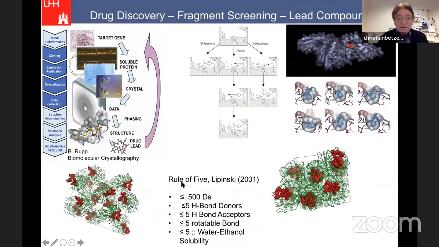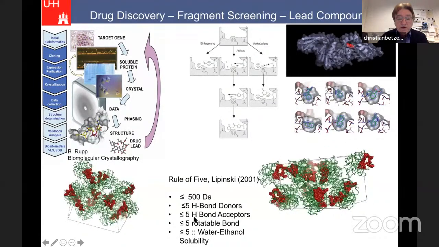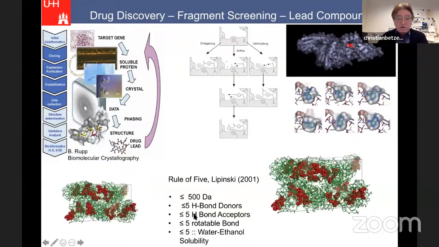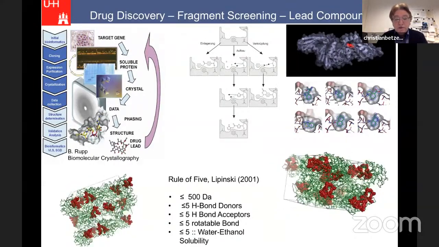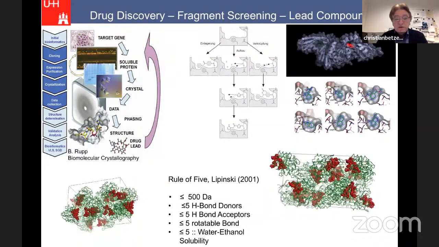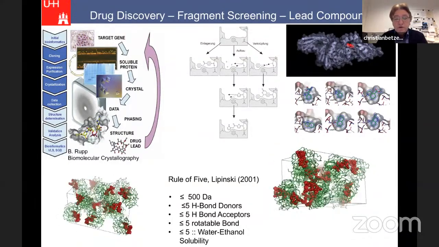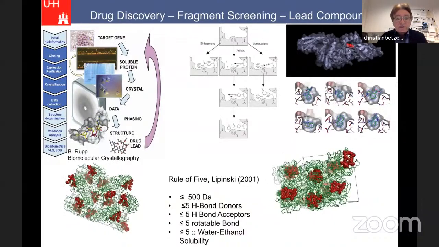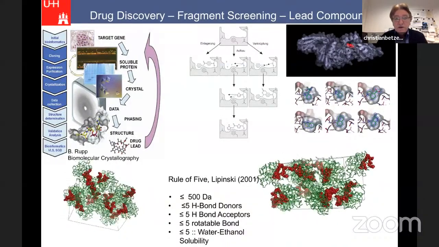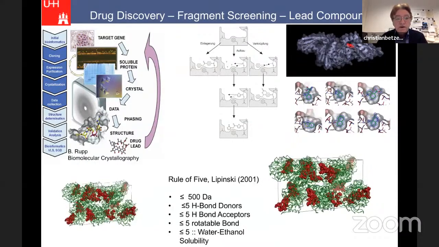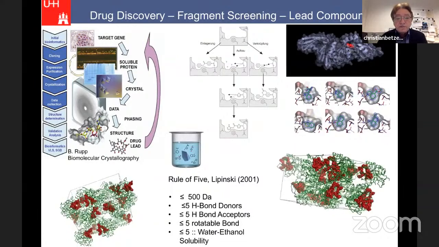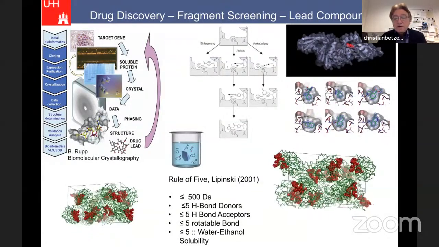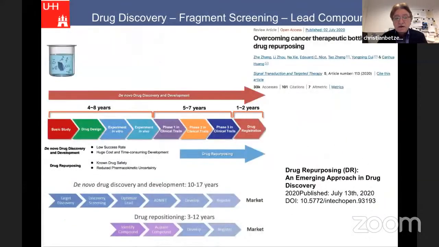And we follow these days the rule of Lipinski, just shown here. You need a short number of, for the beginning, H-bond donors, acceptors, and rotatable bonds. And for me and others, most important, the compounds should be as water soluble as possible. And this is certainly a limiting case. Many drugs need DMSO or ethanol to be soluble, and some crystals don't like this so much. So this is important to show, and I'm coming back to this also.